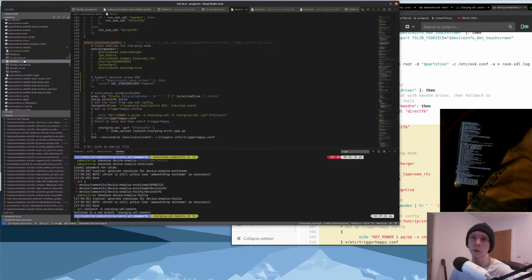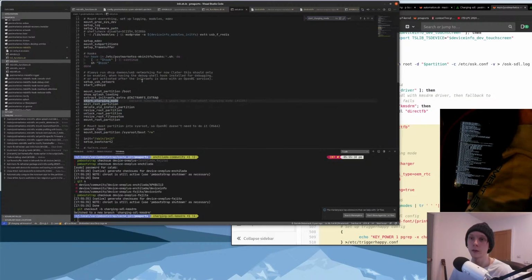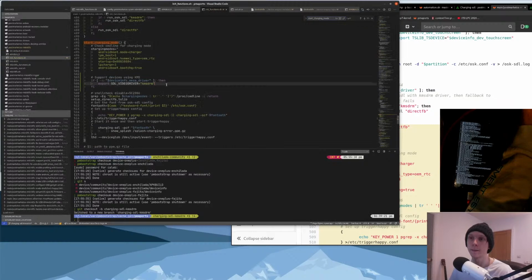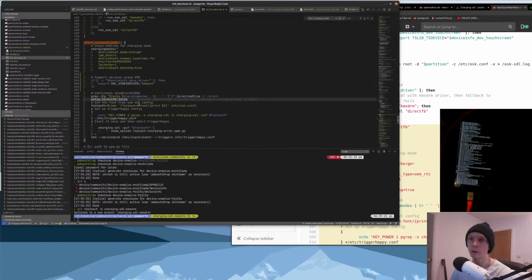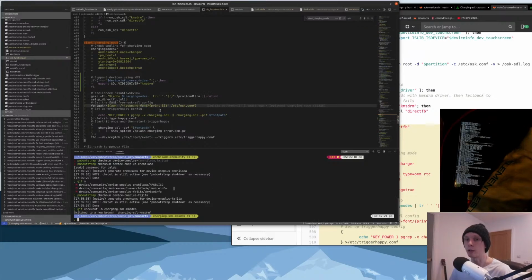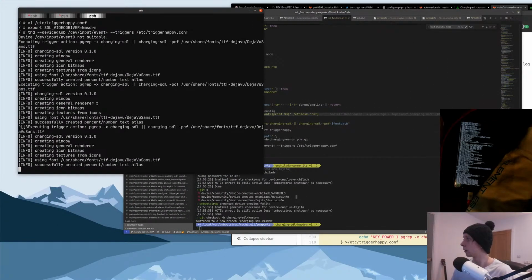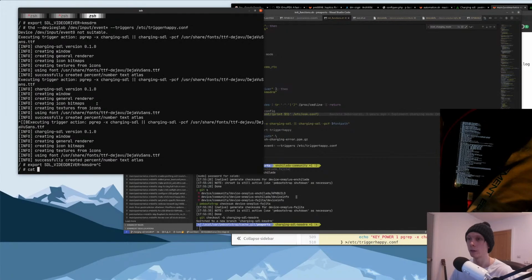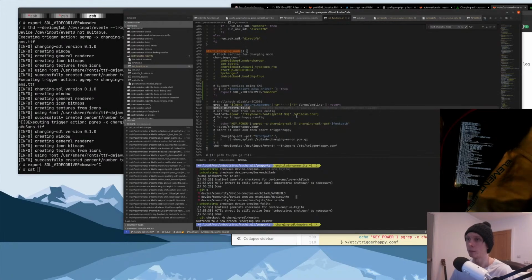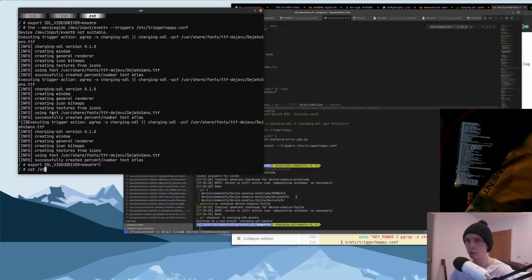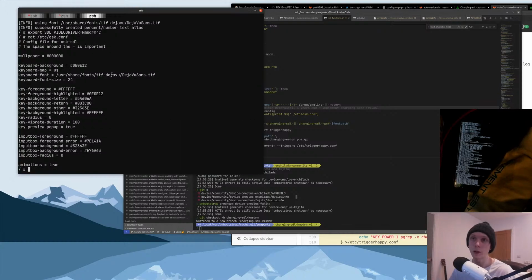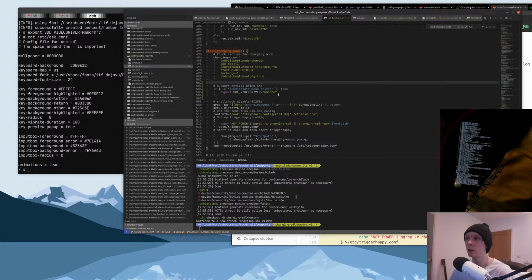Because this isn't called with any parameters. So is it just wrong? Yeah, keyboard font. Okay, so it matched both. So see here, keyboard font. There's keyboard font and keyboard font size. So we want keyboard font